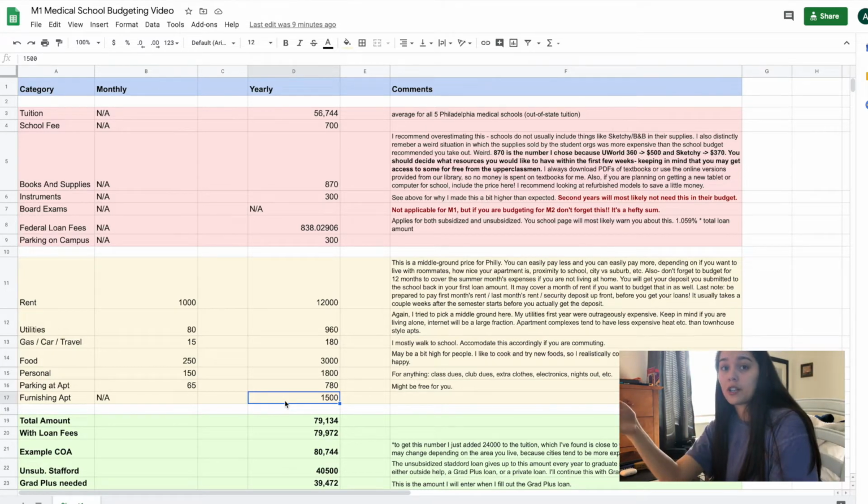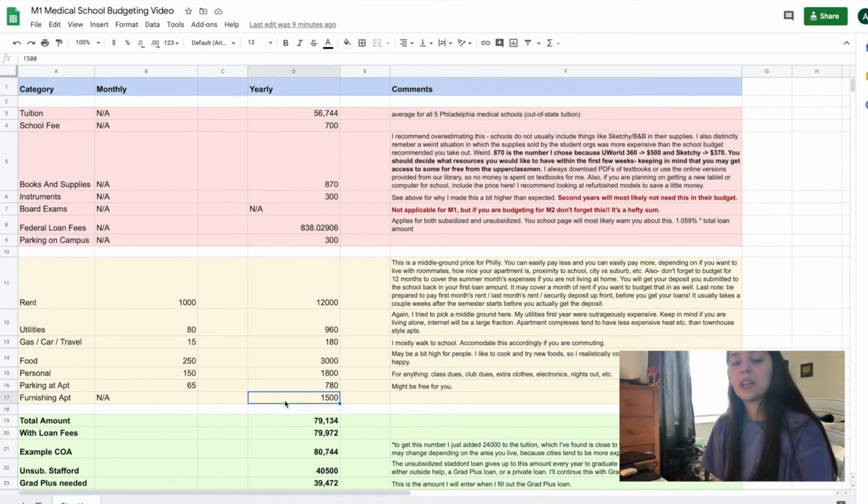If you're going to be furnishing your apartment, I would highly recommend checking out your class Facebook page. Usually, if you are coming into medical school, someone's going to make a Facebook page called X University Class of 2024, and a lot of the upperclassmen will go onto those pages and sell their used furniture and their used equipment, so things like the ophthalmoscope, the otoscope, those types of things, because you don't actually need those when